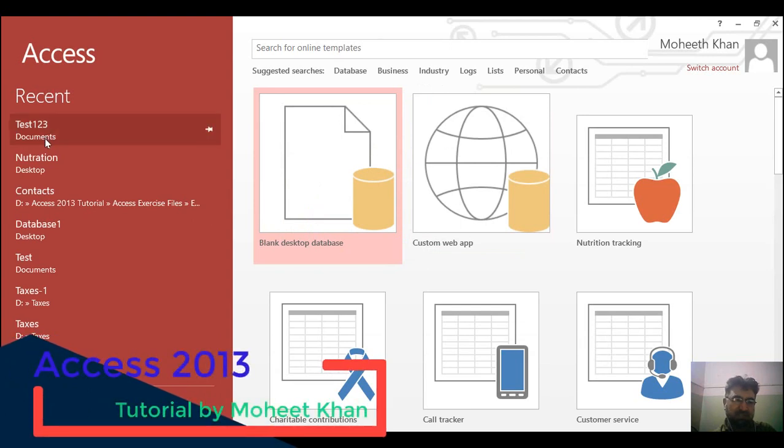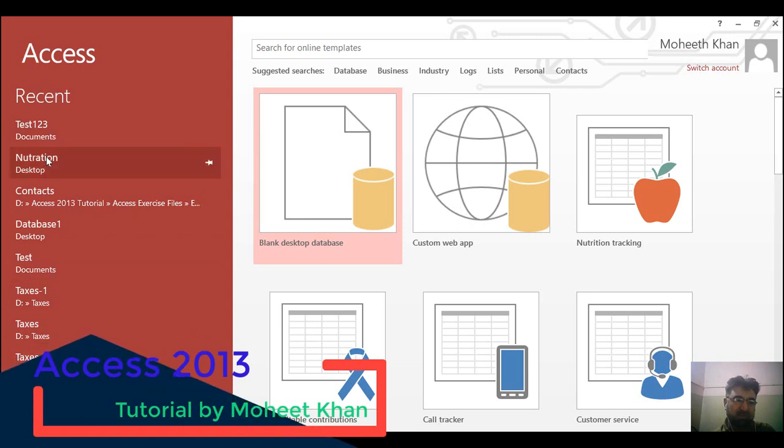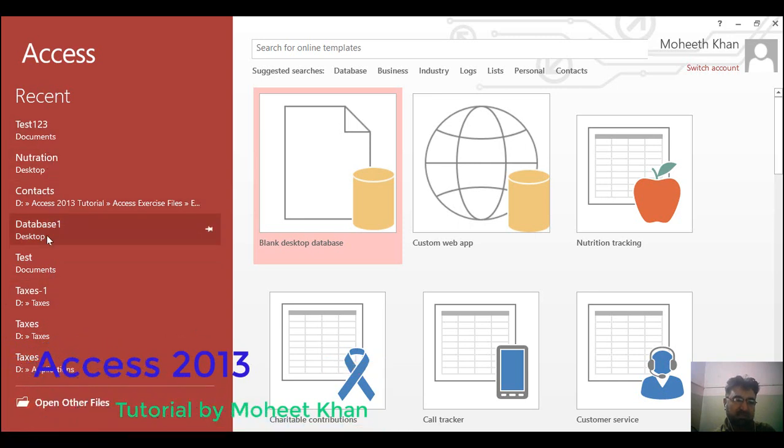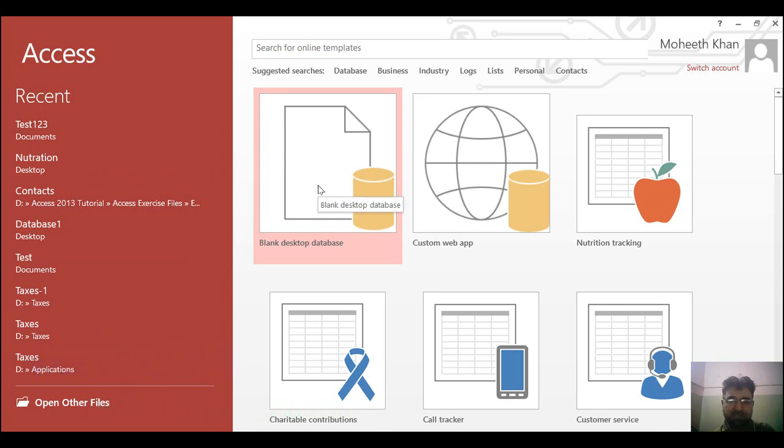Look at this, here are the recent files which I have opened, and Access has given me a shortcut here. If I want to open these files, or create a blank database, or pick one of the templates which are already available here.